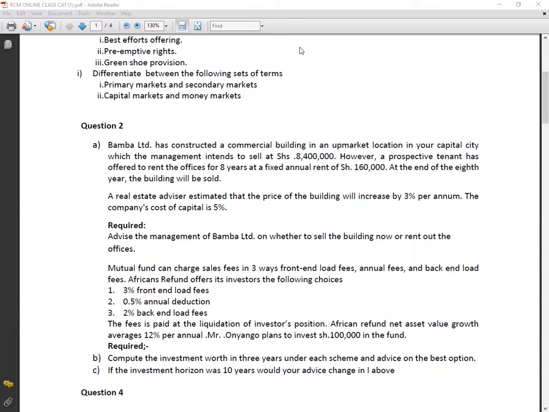Required. Advise the management of Bamba Limited on whether to sell the building now or rent out the offices. That is the question that I want us to tackle. This one well elaborates the concept of time value of money. So what we need to do